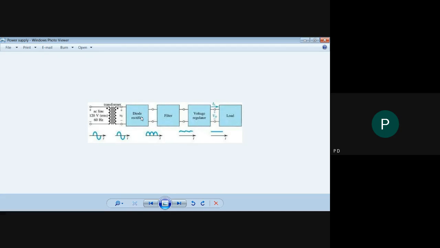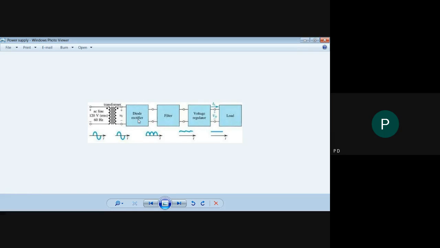Now, a rectifier is nothing but the device which converts the AC signal into pulsating DC voltage. That means you get the pulsed DC voltage, constant voltage. It is always positive. It is not changing, meaning its value does not vary like a sine wave, which varies from positive to negative side. So it is only positive.